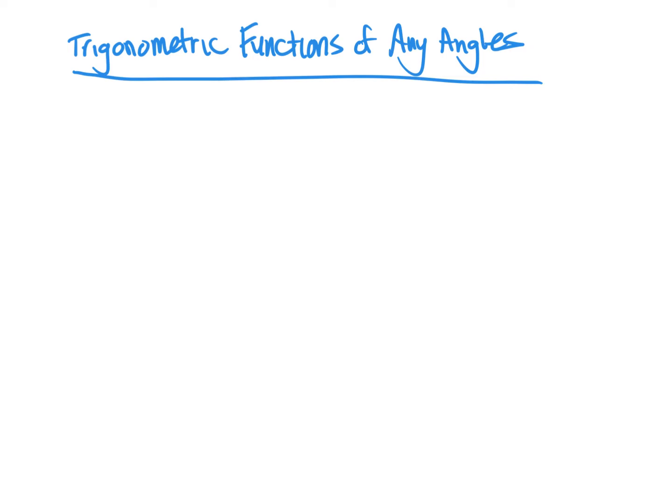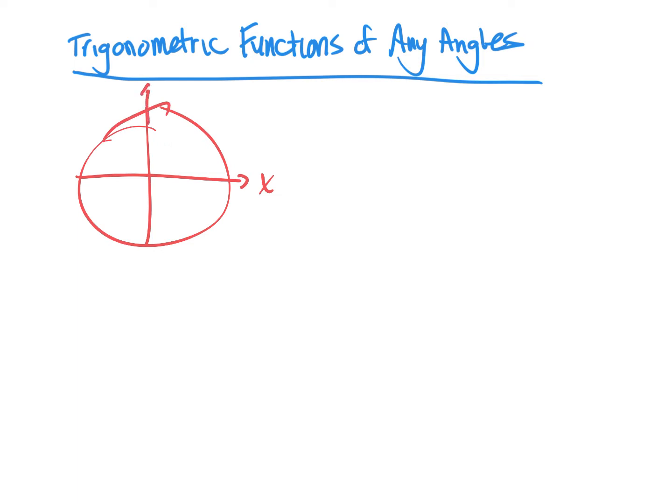Now we're going to talk about trig functions at any angle. We'll begin by looking at the signs of trig functions in different quadrants. So let's say we have our circle, and here on the circle we have our x and y axis. Now let's say we have a point right here, P, and this point P has some coordinate x, y,